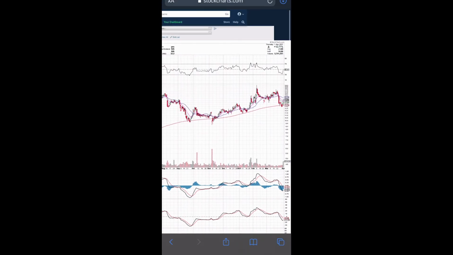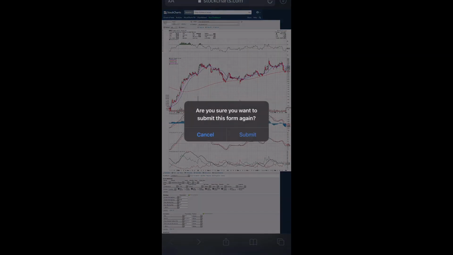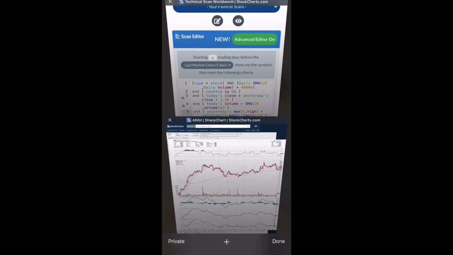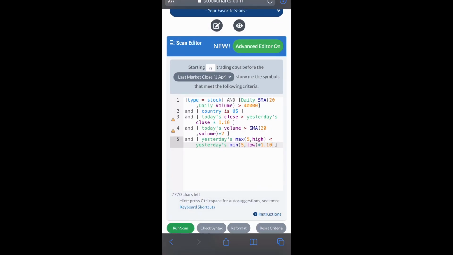So this is an example of why I also wanted to switch it up, just to show you why it's so important to adjust your factors, right? You want to adjust your different variables to find what best suits you, right? So you can adjust the closing price from yesterday. You can adjust your simple moving averages for your volume. You can adjust your magnitude of your volume from 2 to 4 to 1.5 to 1, right? You can adjust